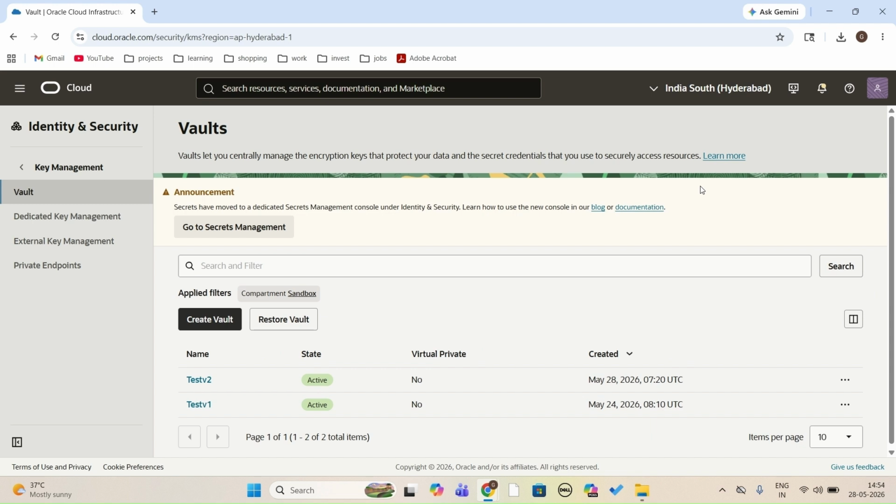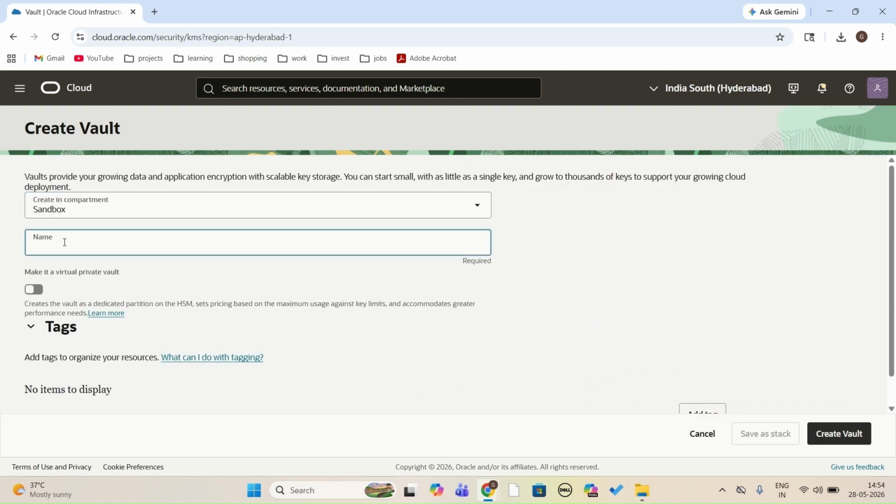Imagine that it is something like an envelope. So on the envelope, inside you have a kind of a key, and then to access that key, inside that you have the content. So think about it as 3 layers. The outer one is the envelope. So we will first create the vault, and I say test